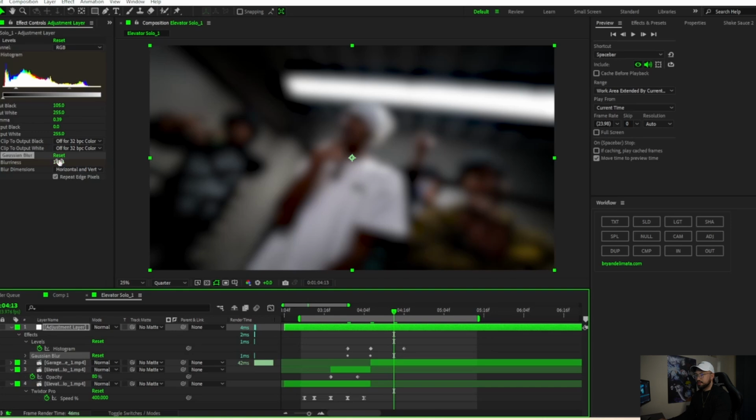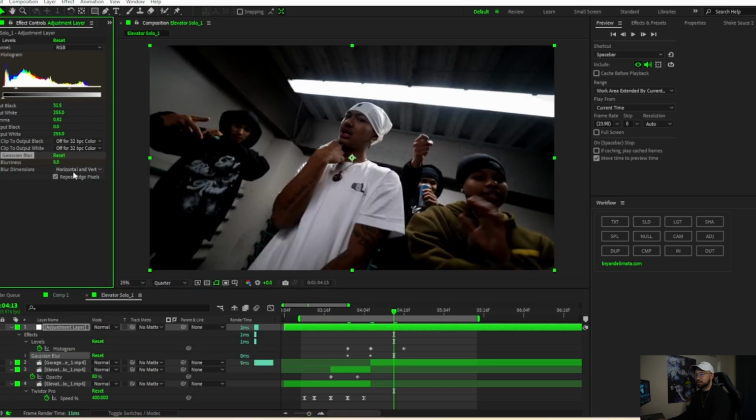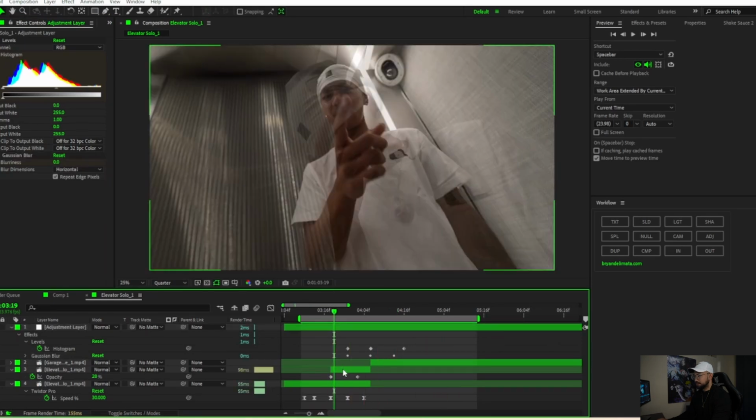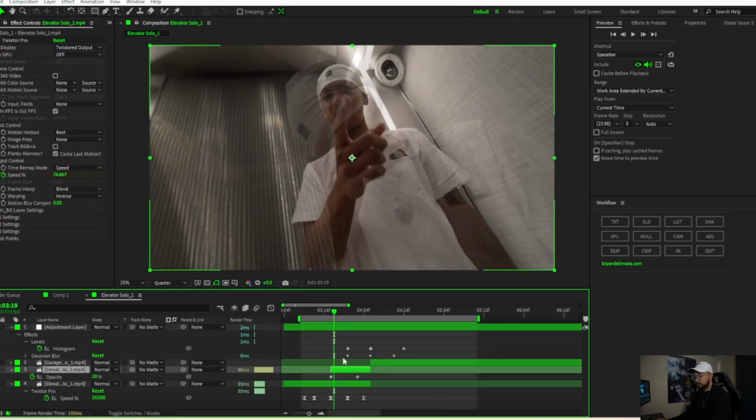Go right towards the end. Let's bring that blurriness back down to 0. Make sure you guys change the blur dimensions to horizontal. Looking very fire. One thing I forgot to mention, guys, on the second clip that we were using, we're gonna